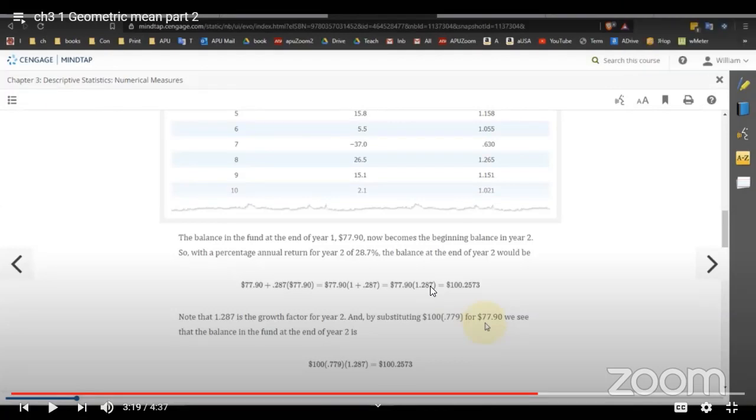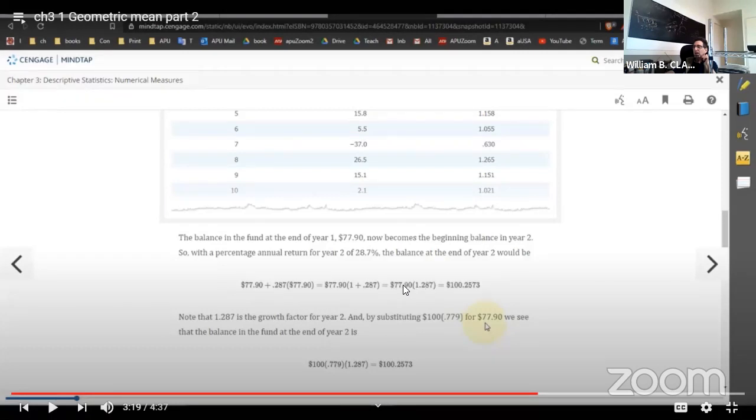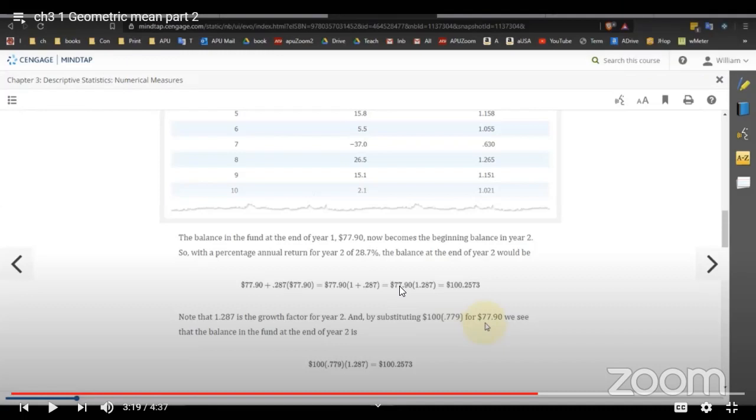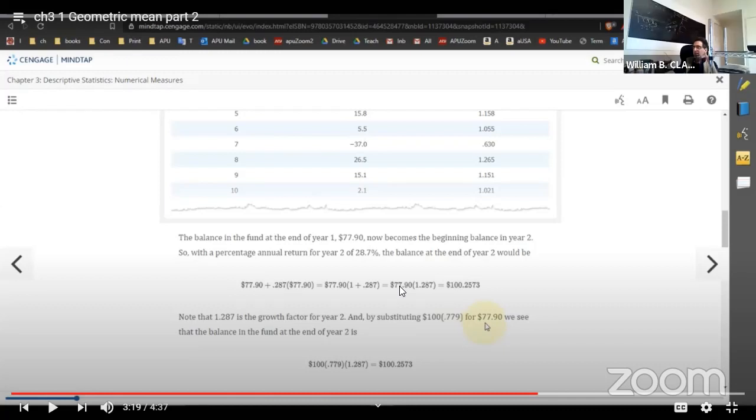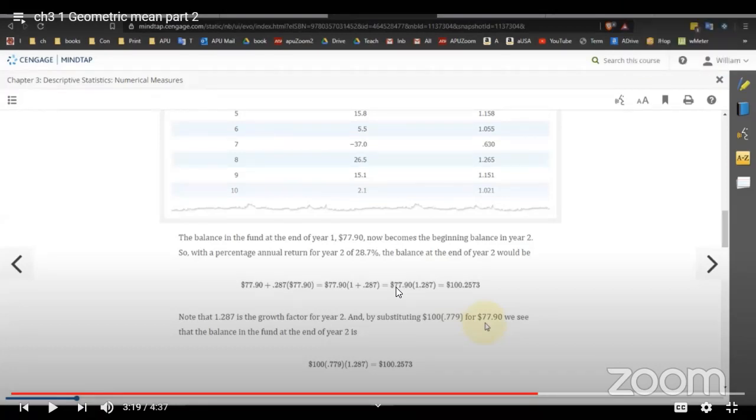Yes, Professor. Okay. But we can rewrite this 77. Where did the 77 come from? First year. That was the end of the first year. And how did we calculate it? We took the initial $100 that we put in and we multiplied it times the growth factor in the first year, right? Yes. So we can rewrite this